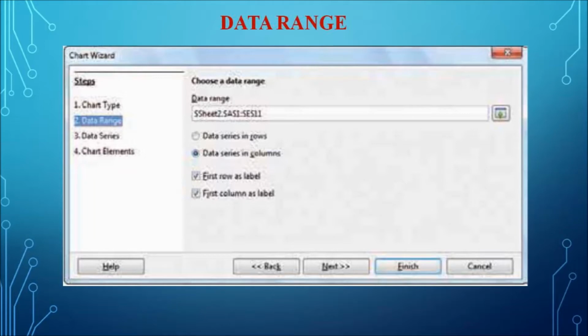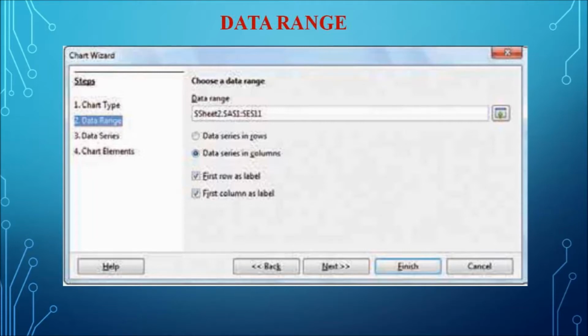You can see the small button there, similar to what we have seen in the function wizard for selecting the cells. We have to click on the select data range button, and from there the user can select the data range from the cells.